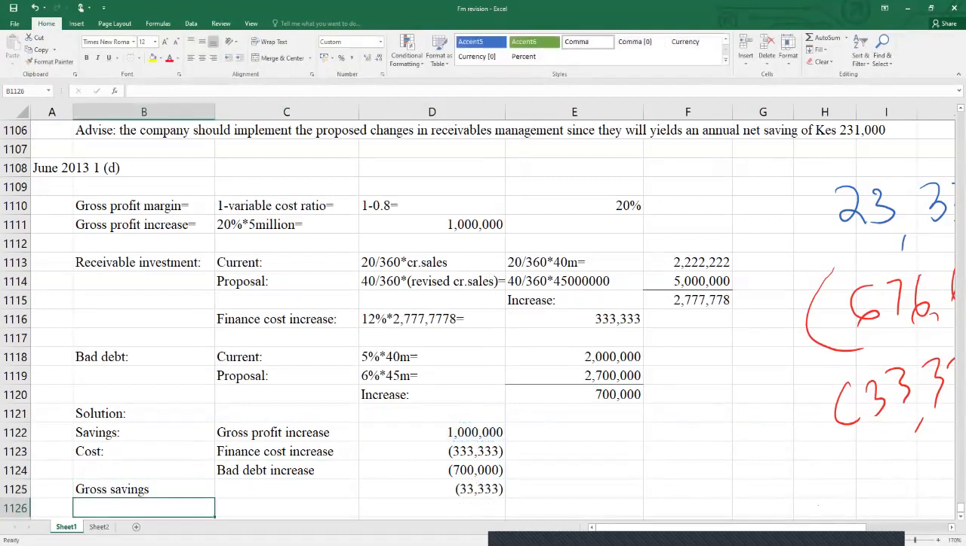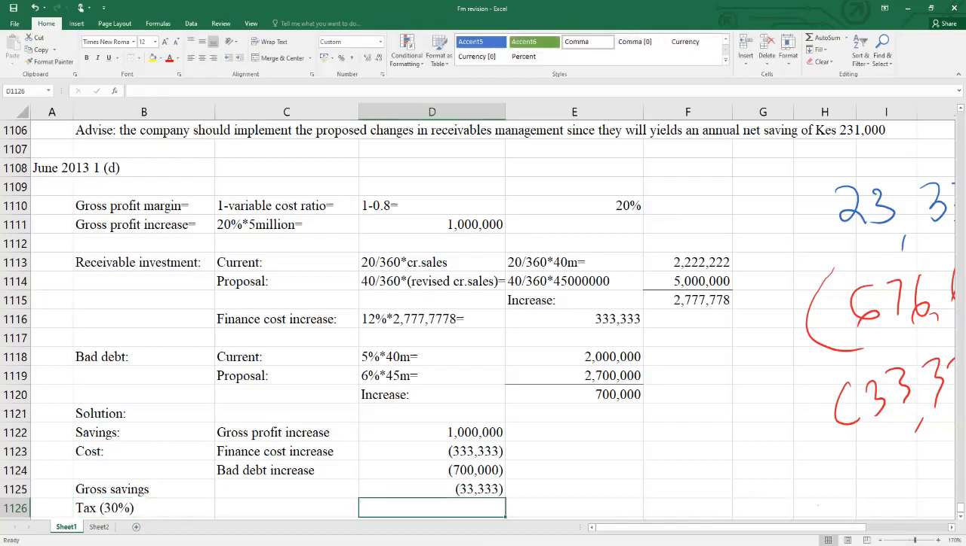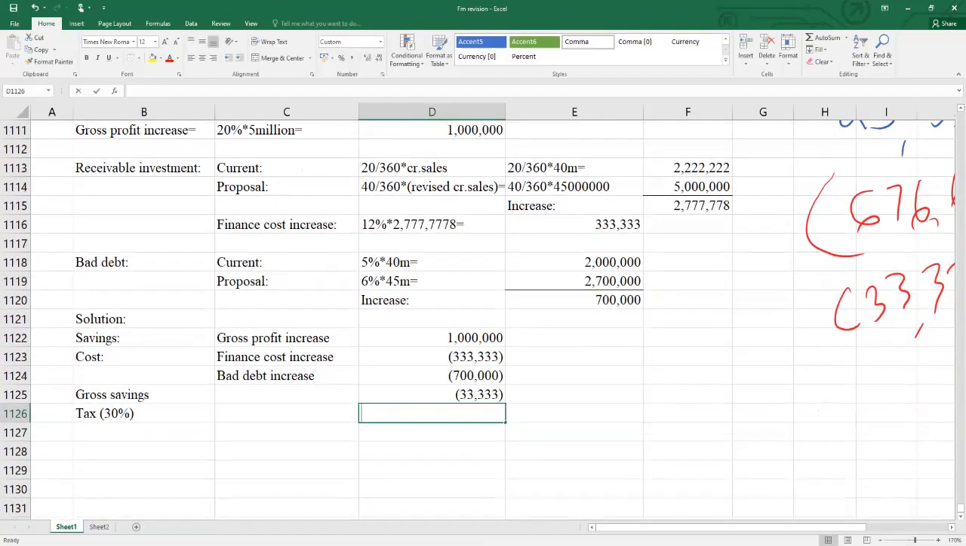33,333. 3,333 to become the company gross saving. But you pay tax, is it? Yes. You pay tax. Okay, so therefore we can have here tax. And you pay tax 30%. So since you made a loss, therefore you made a tax gain, which will be equal to